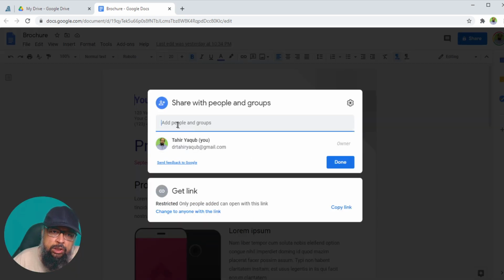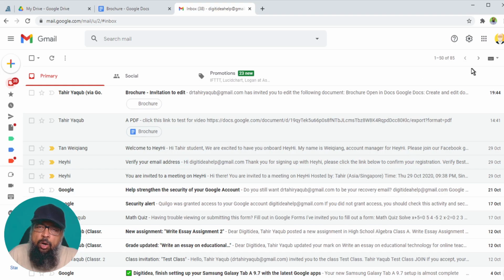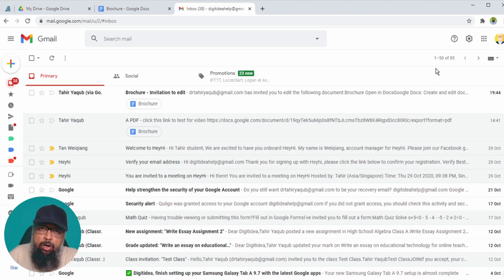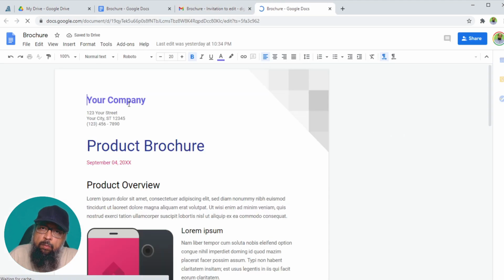In this dialog box, I can enter the email address of any person with whom I want to share this document. Okay, let me first share this document as usual, and then I will show you how I can share this as a PDF. So I select one of my own accounts, and on the right hand side, I can give what type of access I want to give this person, and then I simply click send. And now I am inside my receiving account, and I got this email. I click on that, and this document has been shared with me. If I click on this document, I see the document as it is.